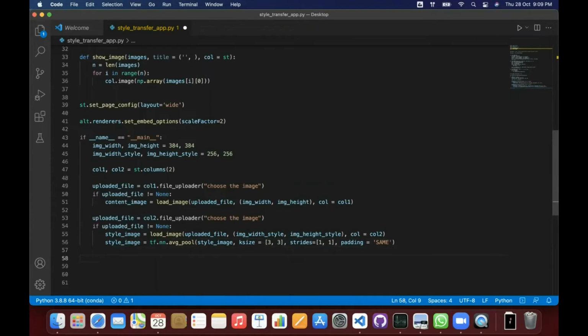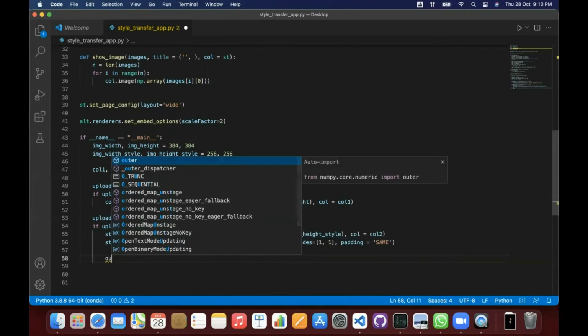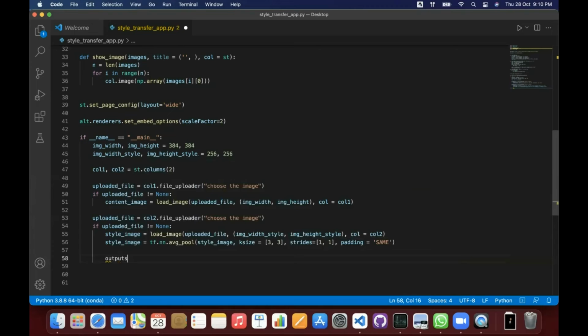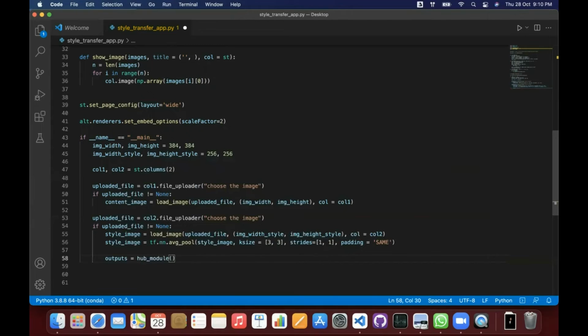Now we need to pass it to our hub and create the output. So I'll write outputs is equal to hub module, I have a hub module, right? And I'll pass the content image and the style image.